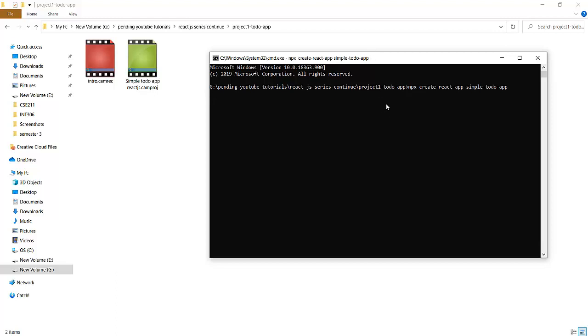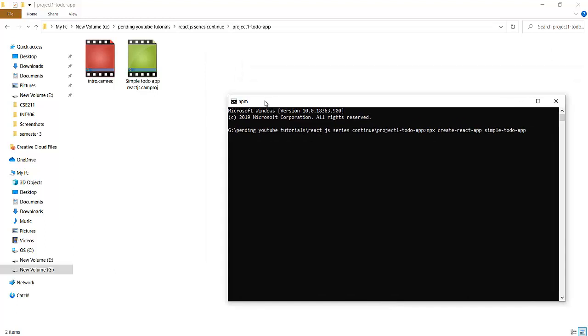It will start creating in this folder. This is our npx here. You can also write npm, but npx is a good command here. create-react-app is the command, and after that simple-to-do-app is the app name.